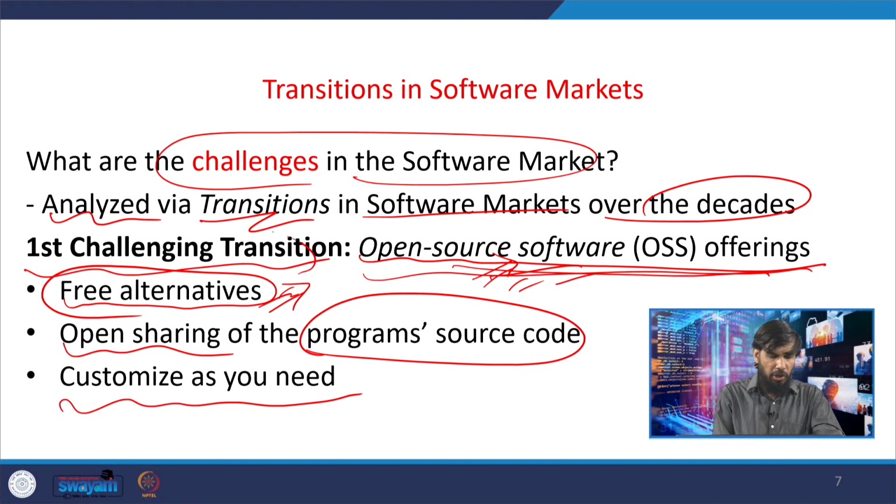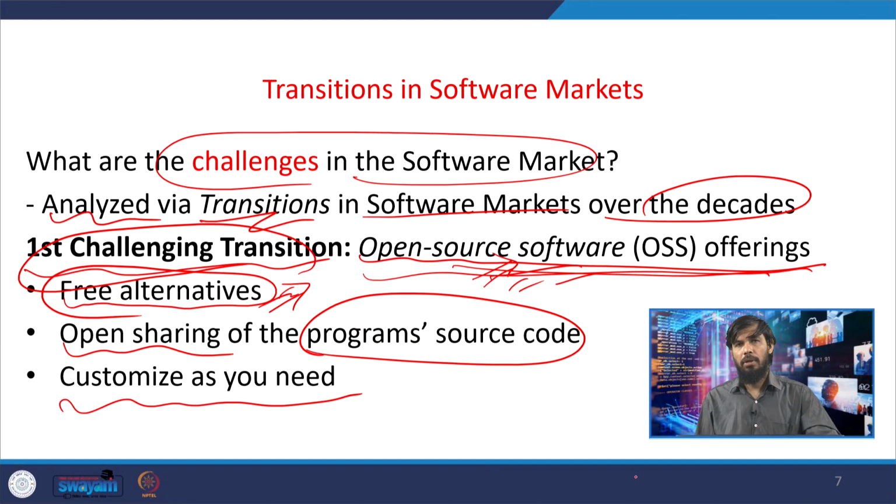So this became a challenge for existing software firms like Microsoft and many others, who were selling proprietary commercial offerings where customers have to pay a lot and pay per copy. So there is licensing, and here